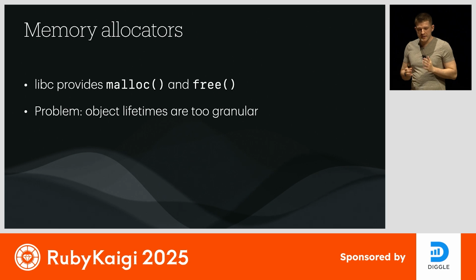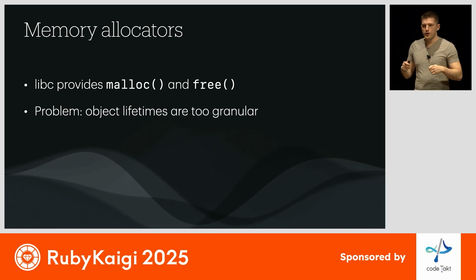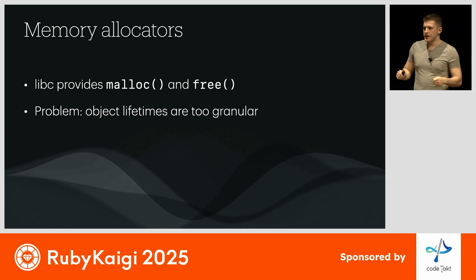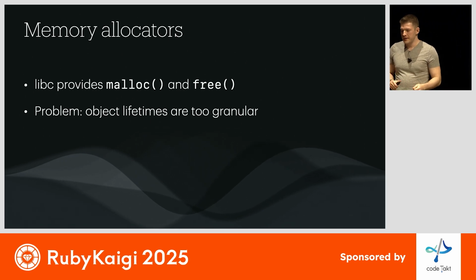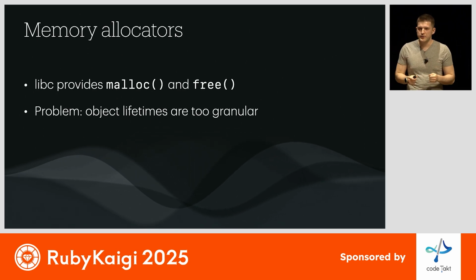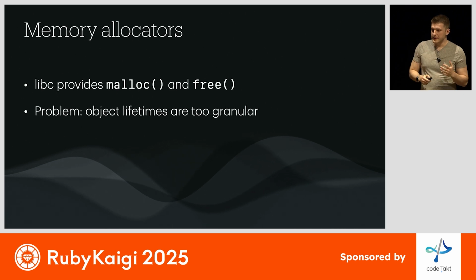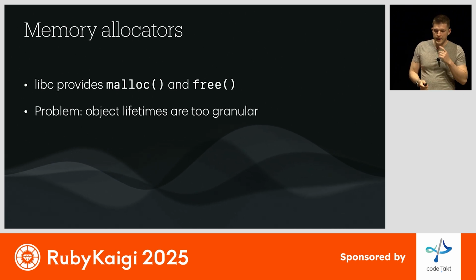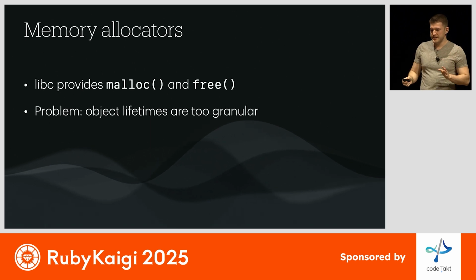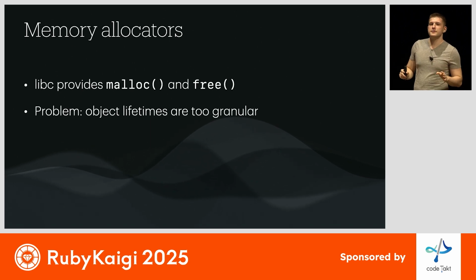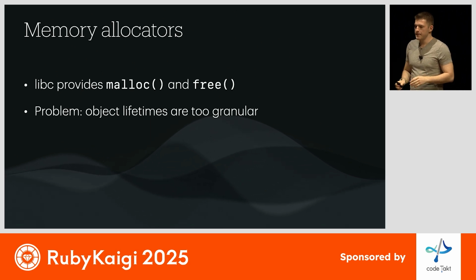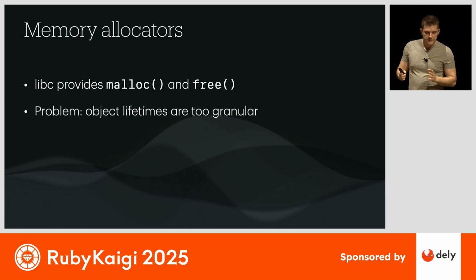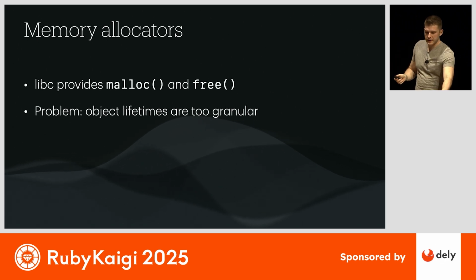Now, the problem here is that object lifetimes are just too granular. Like you saw in the previous example, we have all these related allocated objects that are spawned around the same time, but we have to deal with them in this really fine-grained way, which is error prone. And it also has a performance cost because we're making so many separate calls to free. And if there's one takeaway that I can drive here, it's that even though malloc and free is universal across the C standard library, and it's so approachable, it actually makes it really difficult to make